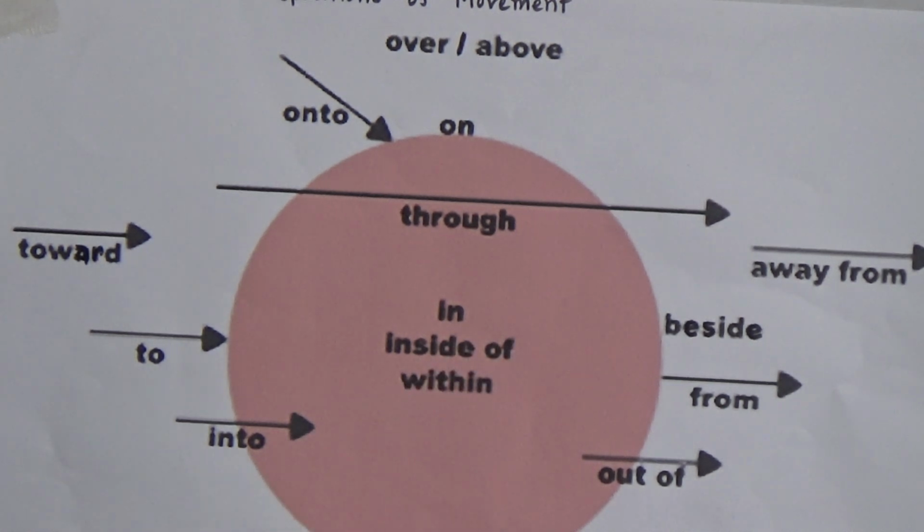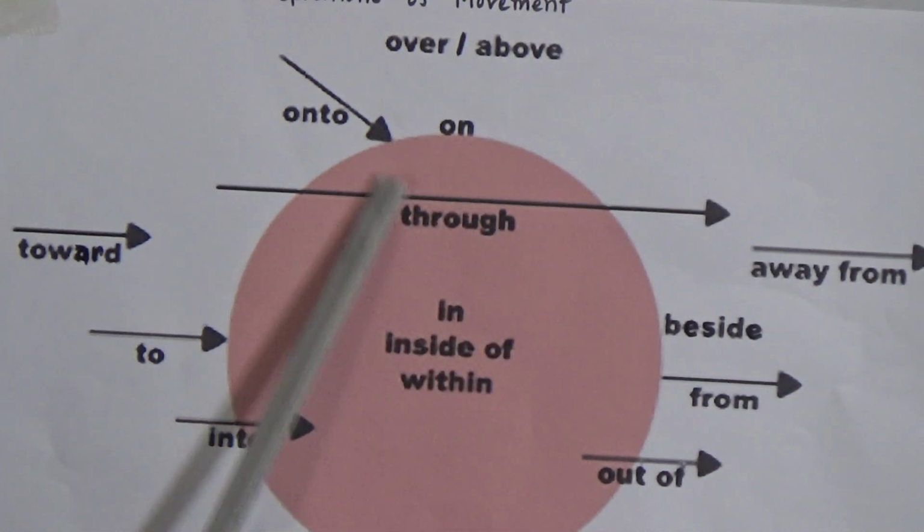And you can also use along. When we use along, that means there is a movement of something in a line that follows the side of something long, like we went for a walk along the beach. We use along when there is a line that follows the side of something which is very long, and we use across when there is a movement from one side to the opposite side, like a road or